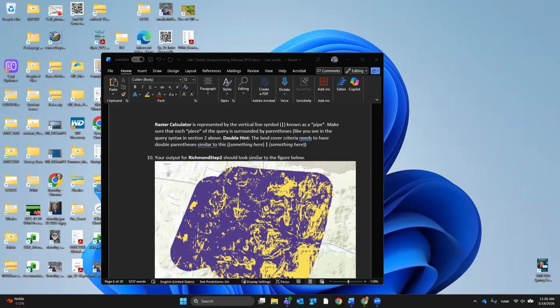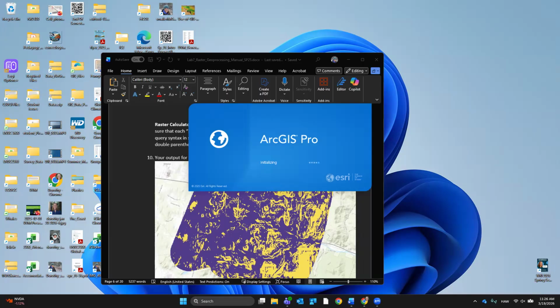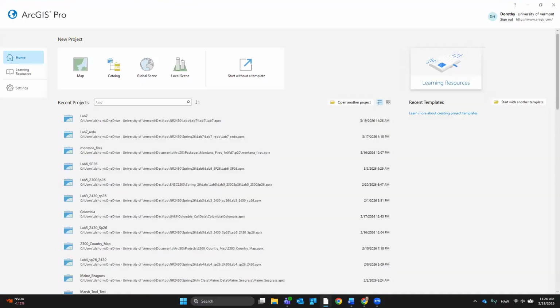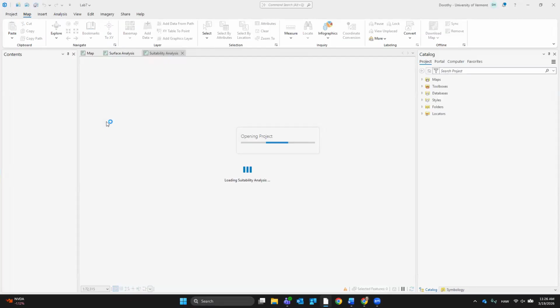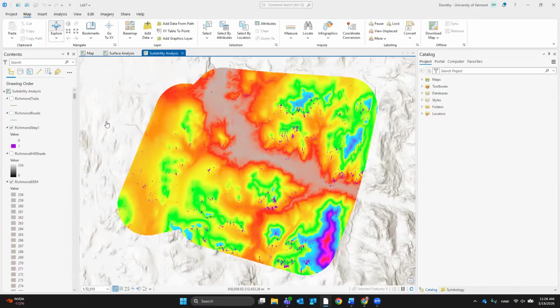So I'm going to open up GIS again. If you aren't having this problem, obviously you can skip forward to the part of the recording where I figured it out. But if you do have this problem, this is how I'm figuring it out.